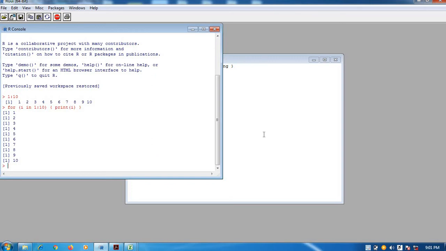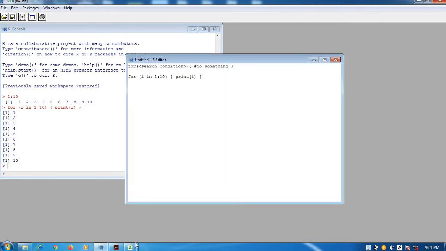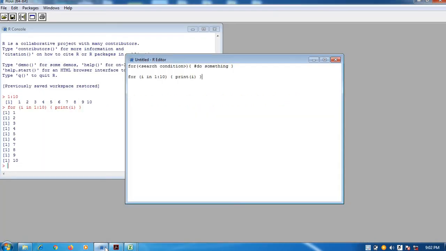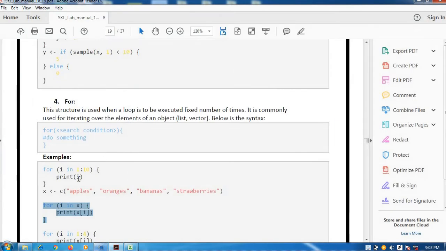That is a simple for example. The next example: for I in X, print X of I. Now what is X here?